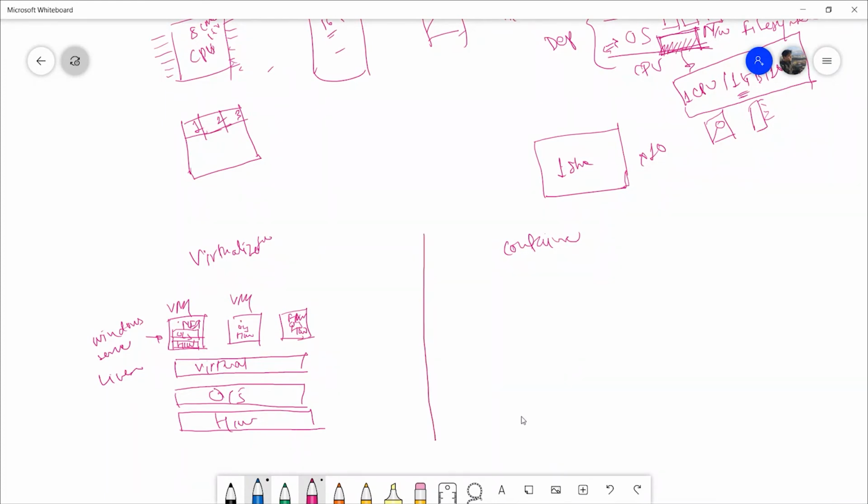Containerization is a technology that is going to provide you, I don't want to use the word virtualization, it is going to let you use operating system resources a little differently. So the first two layers, they are going to be the same. There'll be hardware, there'll be operating system. On top of operating system, you will have a container, right? A container, if I zoom in on this, is going to have the framework and it is going to